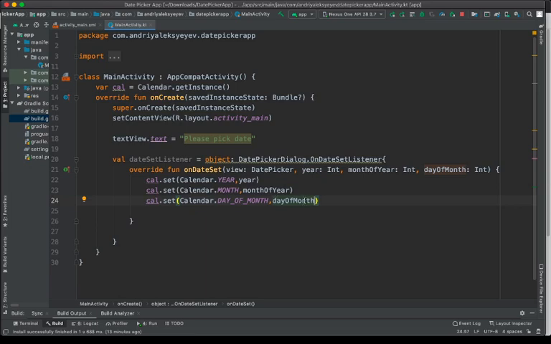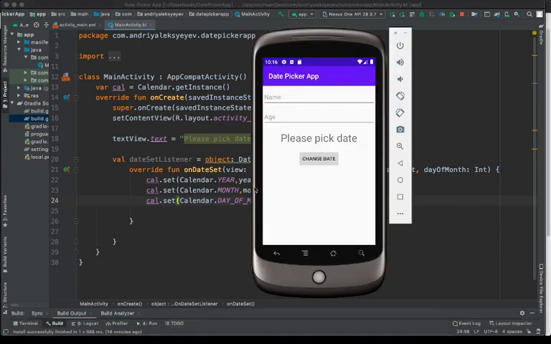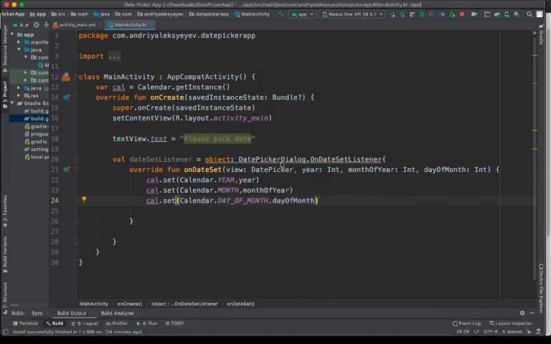Next, we need to set up a button, so if you click on the button, you can change the date. We just worked on the dateSetListener. If you click on this curly bracket, it shows you where it ends. So right after that, let me make it a little bit tighter. Okay, perfect. And so this is the listener we worked on. Right after that,